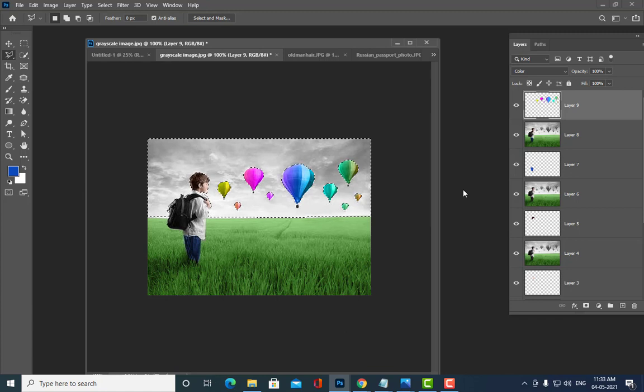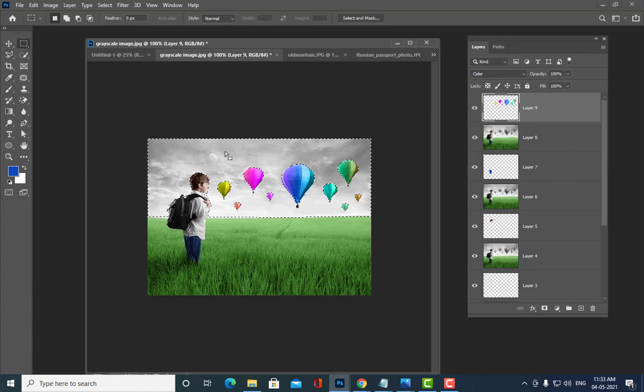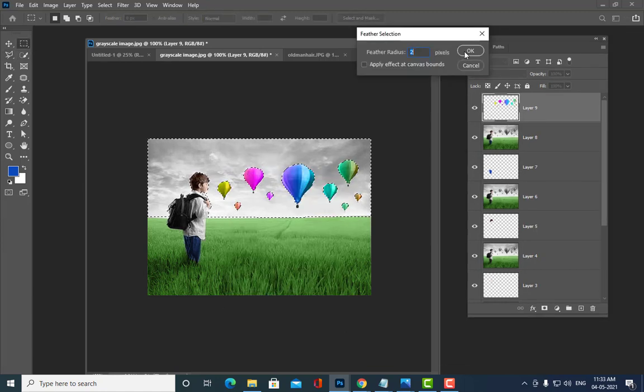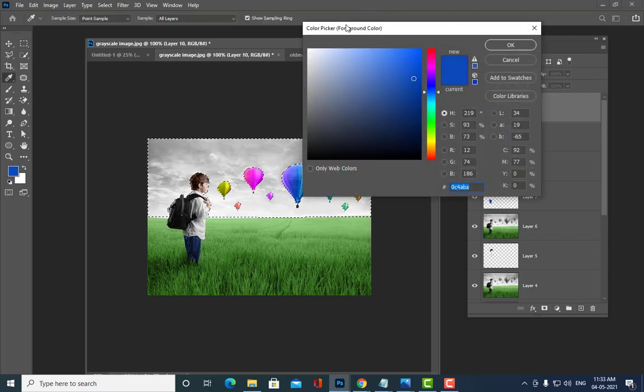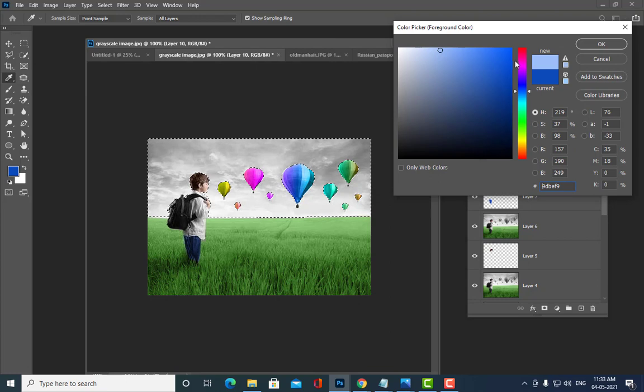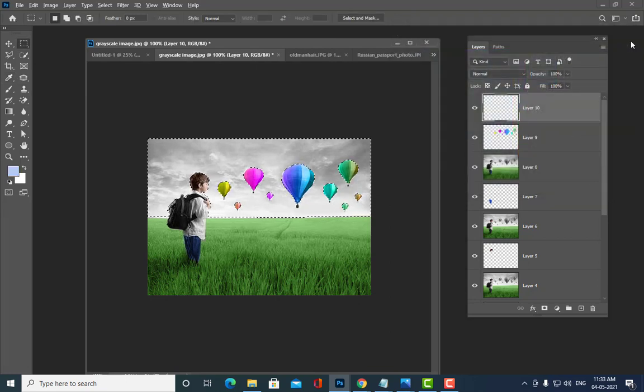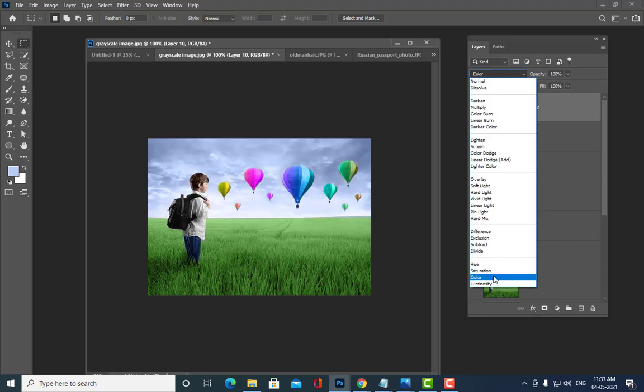Right, so now we have exactly selected the sky. Okay, so now what you can do is, we'll give some small amount of feather to the sky, and then just take a new layer, and then which color will be the sky? Some bluish color. Okay, somewhere over here, and then Alt and backspace, and then we will simply select